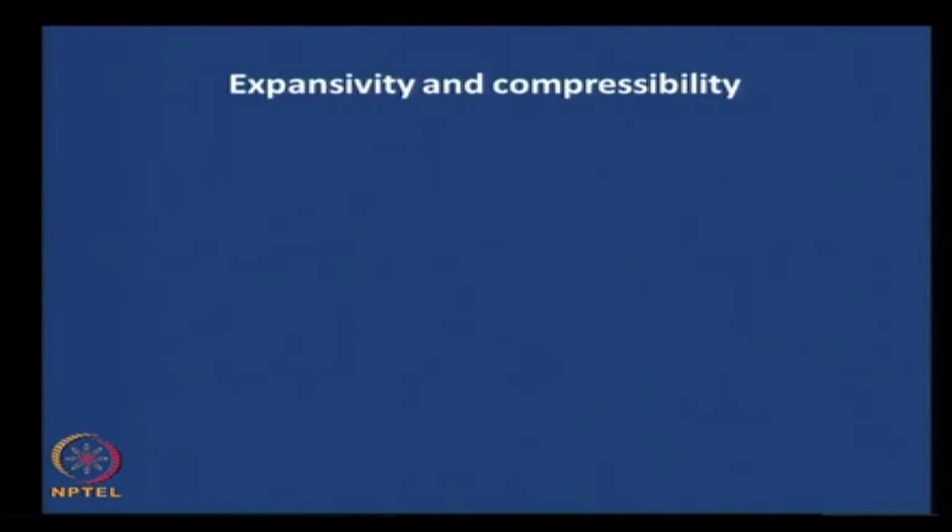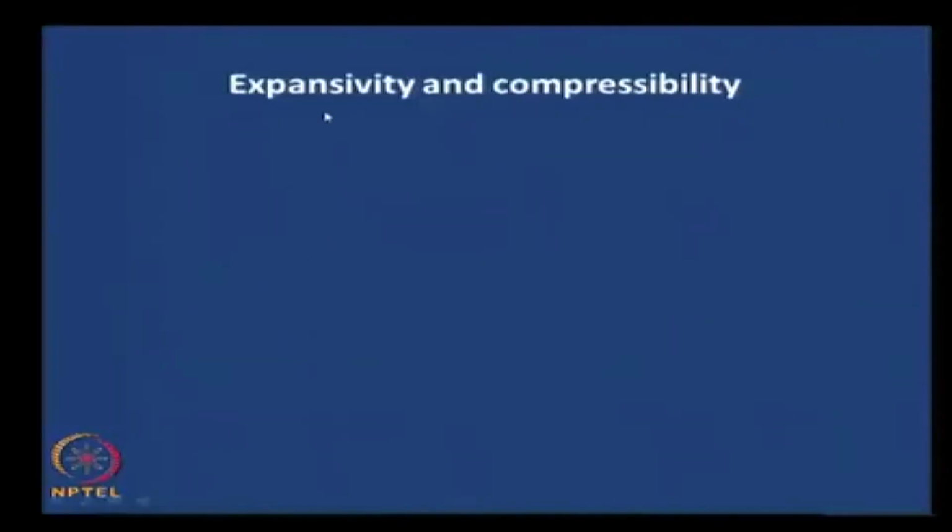That completes the solution. Now let us look at some of the other variables which are somewhat easily measurable, and more importantly for which data is available in terms of tables and figures in various sources, including the appendices of your textbook Smith, Van Ness and Abbott. We are going to look at 2 things, expansivity and compressibility. Once we have some values associated with these, that gives us an easier way of relating things to unknown aspects.